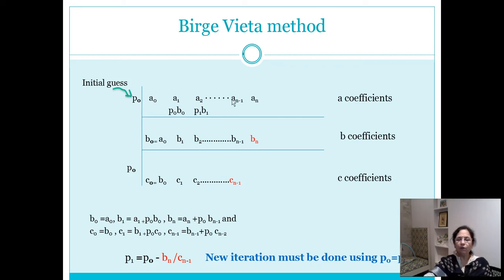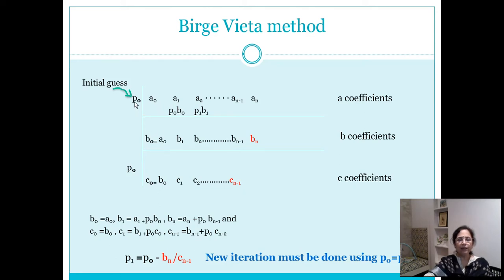The first coefficients we call the A coefficients, because they are available from the original polynomial expression. We can obtain the B coefficients and C coefficients gradually as we carry out this calculation. Now how to calculate this? For obtaining the b coefficients, the first coefficient has suffix 0. So this is a0, and this will be b0, the first component. But we can see that a0 is written as it is as b0 and again the same as c0. So for the first coefficient there is no change: a0, b0, c0 are all the same.